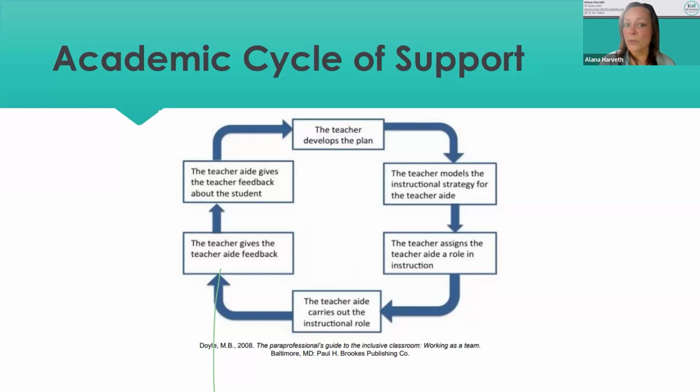And it sounds like some of you that have your binders have the goals. If you're doing a reading strategy, or a math strategy, you're watching the teacher model whatever it is that they're doing, and then you break it down to a group of students, because you're the para in the classroom. You see how the teacher did it. So you're going to do it the same way, or you're going to do it a different way. You're going to model it again. So you're going to deliver some of that specially designed instruction for those students.